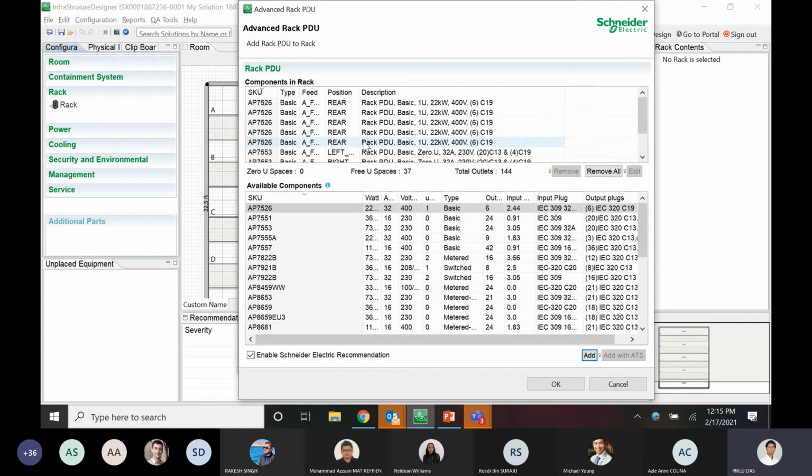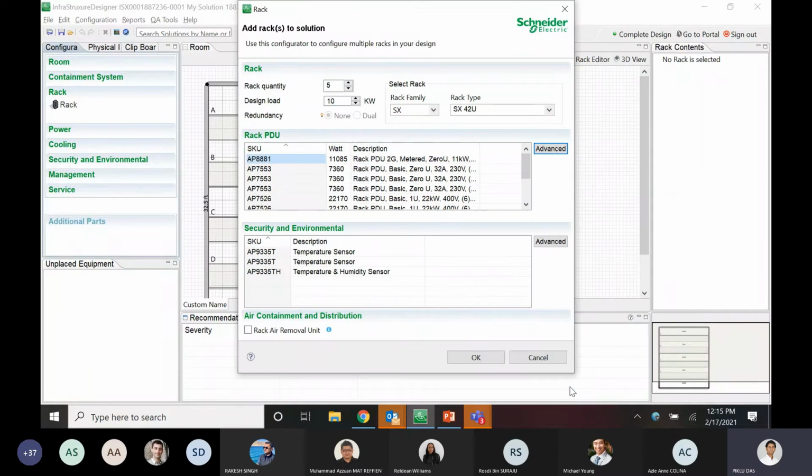You can see as I keep adding, the counter keeps reducing, but for the time being, I'll just add this many RPDs to this particular system. The total number of outlets counted now is 144. So I click on OK. You can see now these many RPDs will be attached to each of the rack systems. I've given this 5 quantity, so this 5 will be multiplied across each of the RPDs. So this many RPDs would go inside each rack system. Basically, the ideal way is to have 4 vertical RPDs and as many horizontal ones, so that is the reason I have kept this many RPDs.